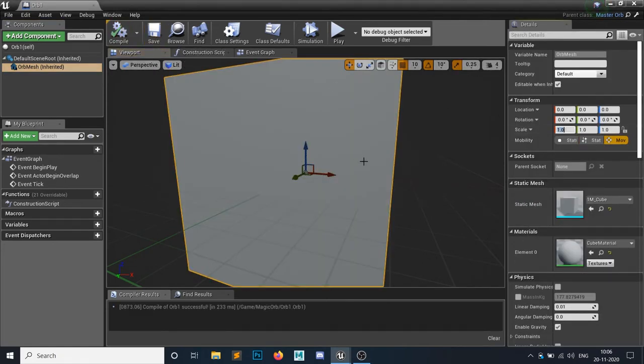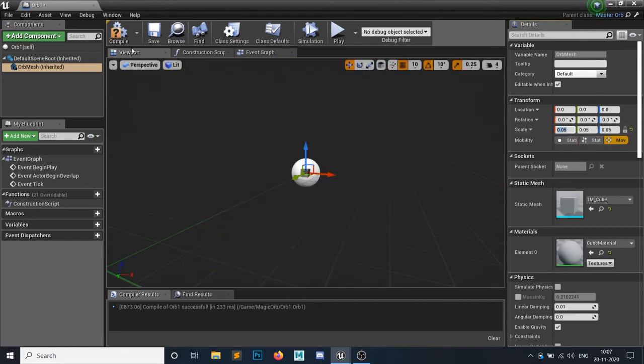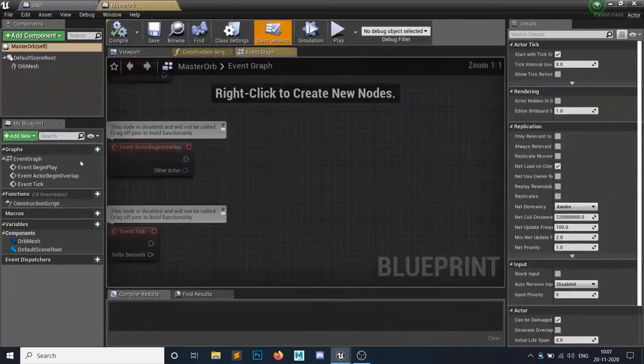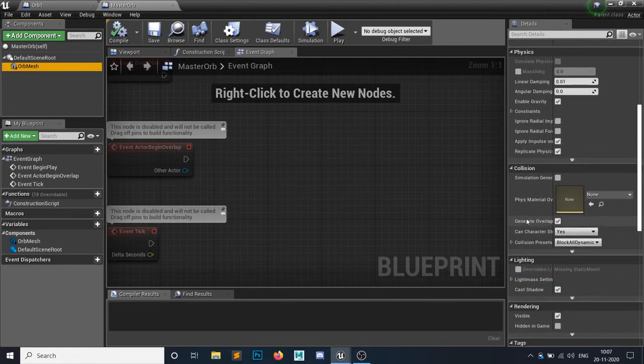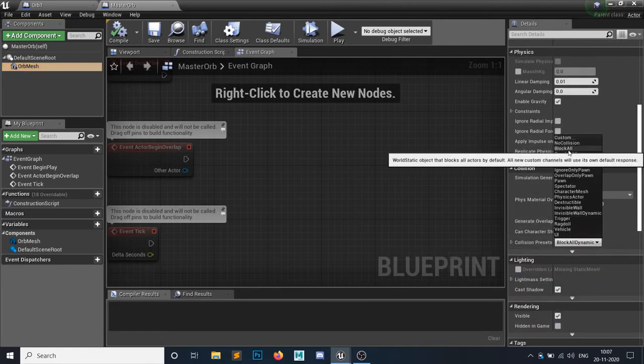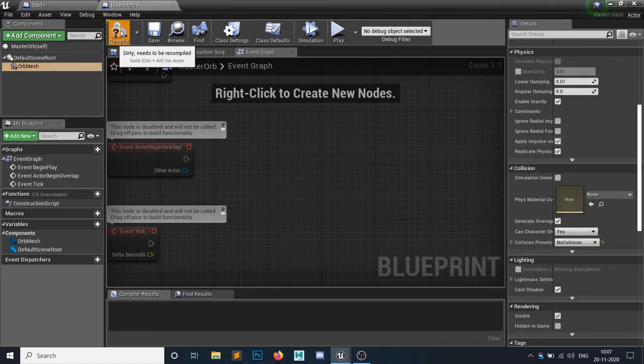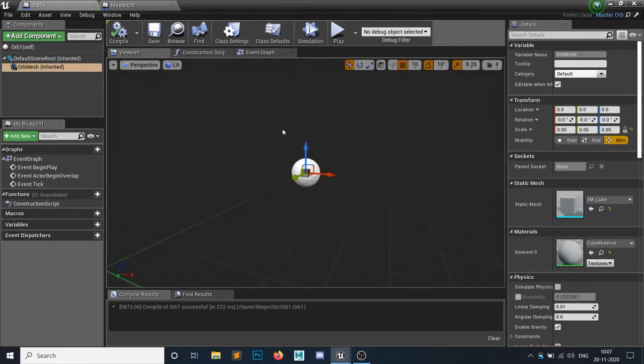You can literally create anything you want, and my scale would be 0.05 because it's too big. Okay, so open your master orb as well, because this master orb's collisions should be no collisions, because otherwise when you attach it to your player it will create camera issues.